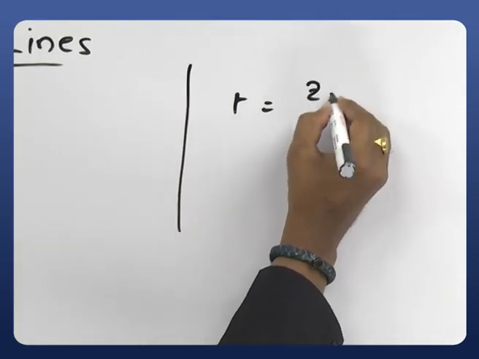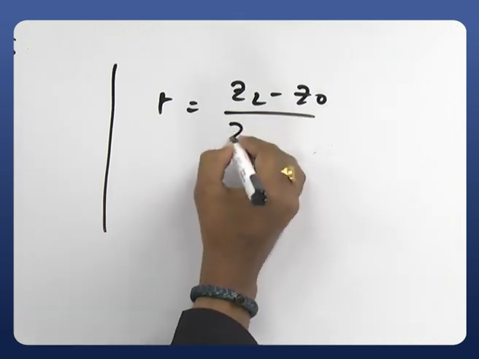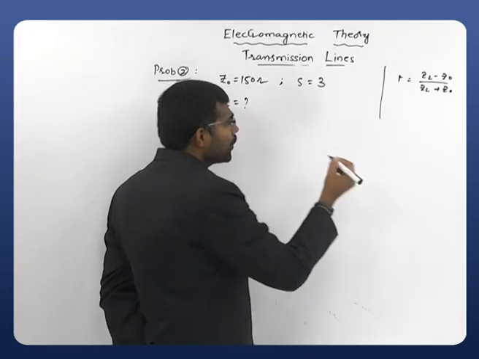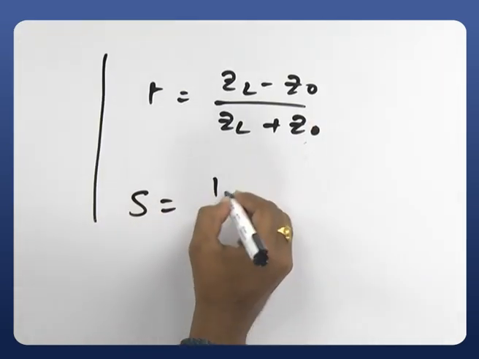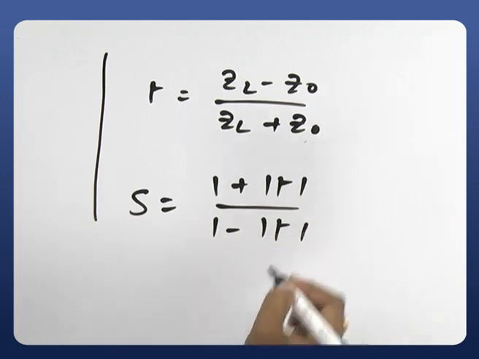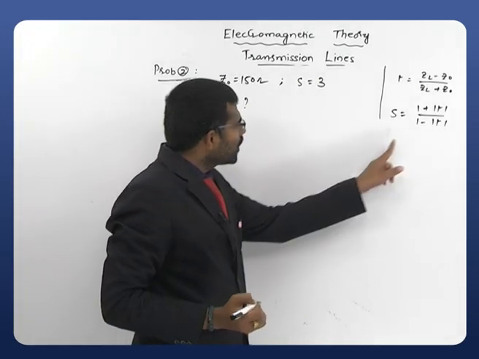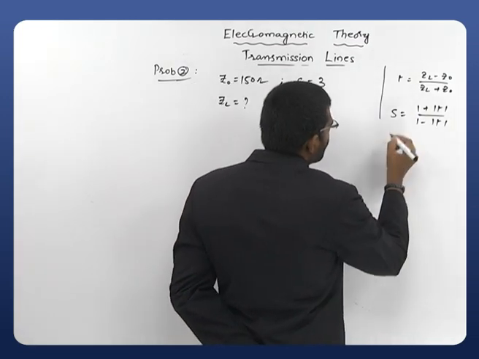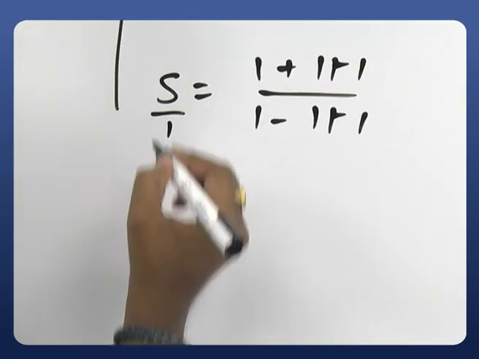Gamma is equal to ZL minus Z0 divided by ZL plus Z0. Right? Now what is the equation of S? S is equal to 1 plus magnitude of gamma divided by 1 minus magnitude of gamma. From this one, obtain gamma. Considering S by 1 here,